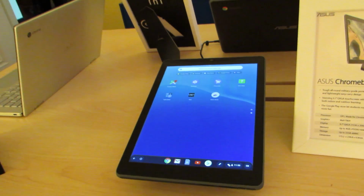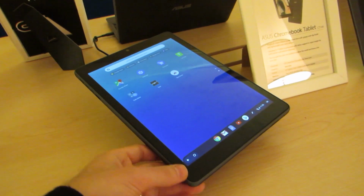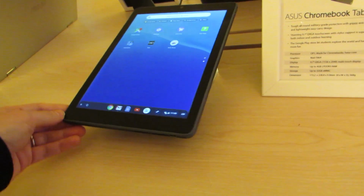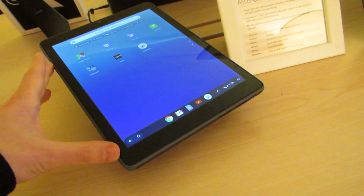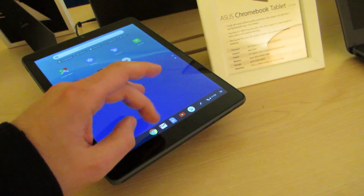Hi, this is Brad Linder with Liliputing, and this is the Asus Chromebook tablet CT100, which is the first complete slate-style tablet from Asus. It's pretty similar to the version that Acer put out in 2018, but it's new for Asus, and similarly, it has a 9.7-inch 2048 by 1536 pixel touchscreen display,